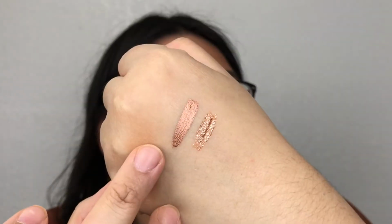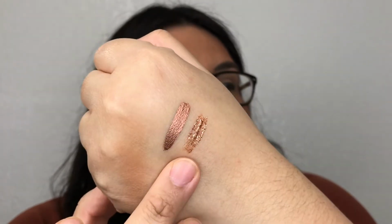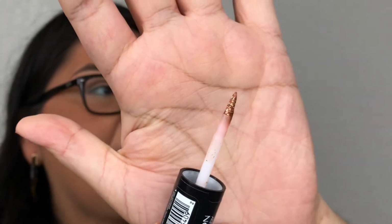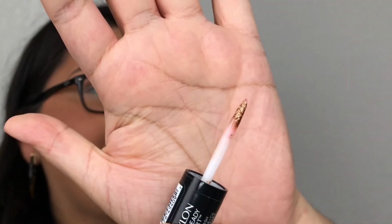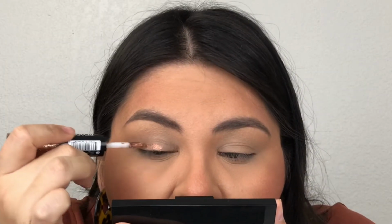I don't know how this is gonna work out, but let me swatch them for you first. This right here is a satin side, very pretty bronze color. Next to it is a glitter side, very pretty as well. The brush that the glitter side came in. Doesn't that look like a lipstick or lip liner brush? So weird. So I'm gonna start with this side right here,